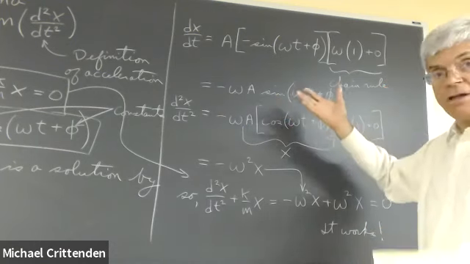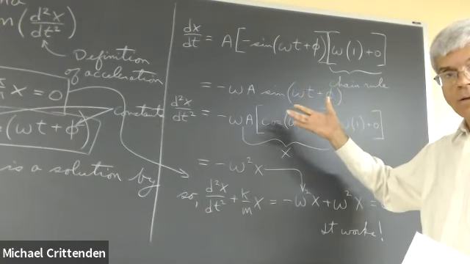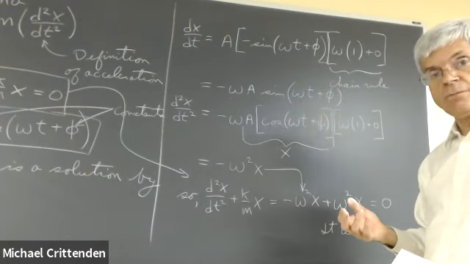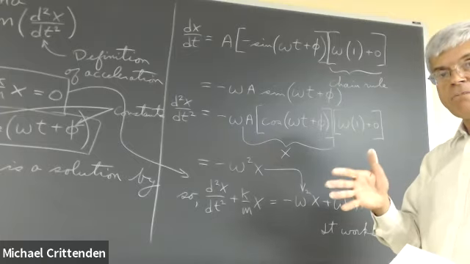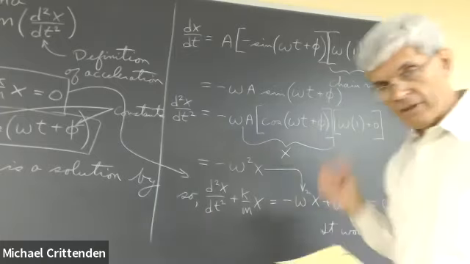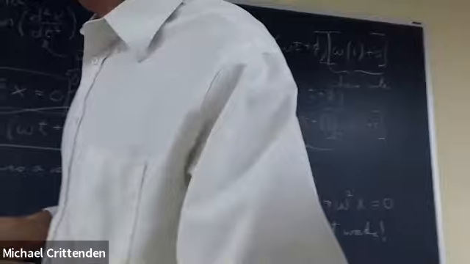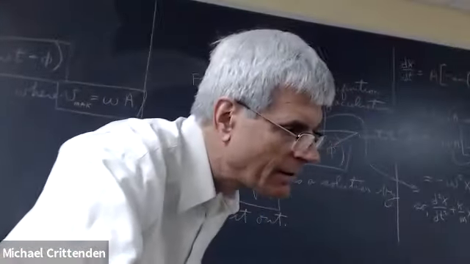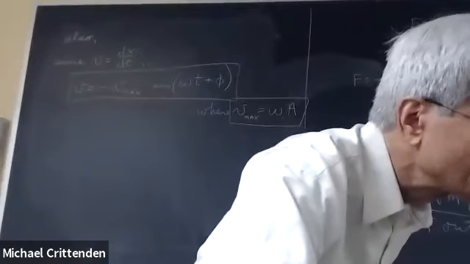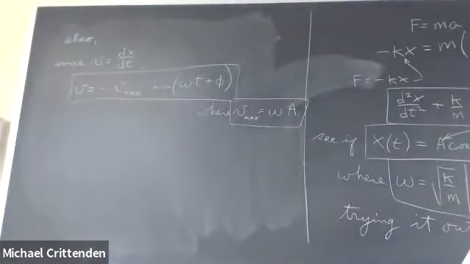And so that would be the maximum velocity, the speed that it passes through equilibrium with. The speed maxes out as it goes through the middle, where x equals 0. So that's v of t, and then